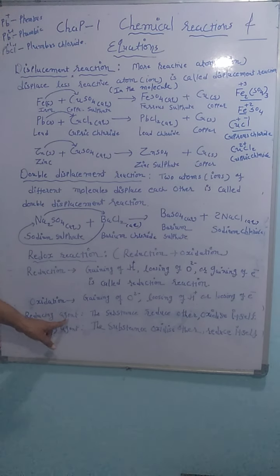Okay, so what is a reducing agent? In simple words you can remember: it reduces others. The substance reduces others, and itself oxidizes. That is called a reducing agent. If you are not able to remember, then for the reducing agent you can write the definition of oxidation by adding the word agent. Oxidizing agent: how to remember? The substance which oxidizes others and itself reduces, they are all called the oxidizing agent. If you are not able to remember, then write the definition of reduction by adding the word agent or substance.